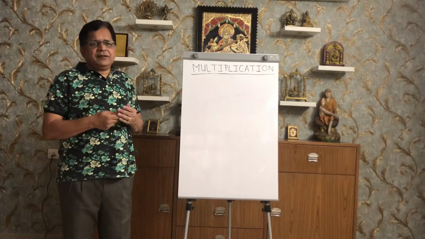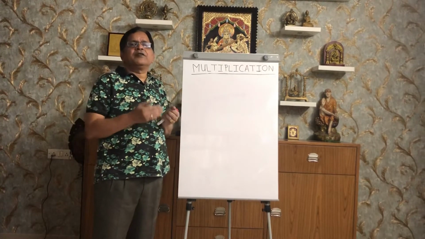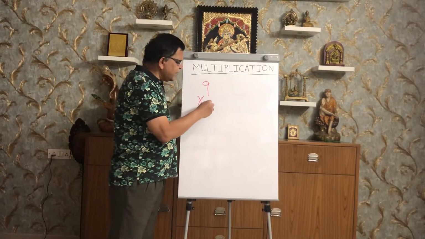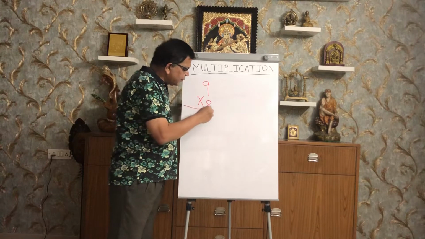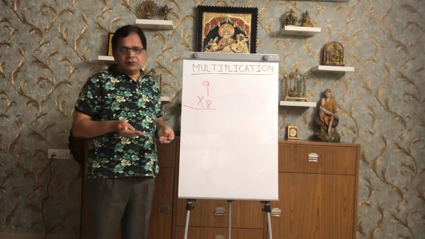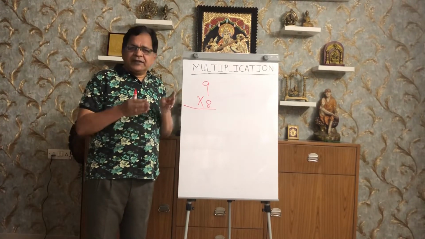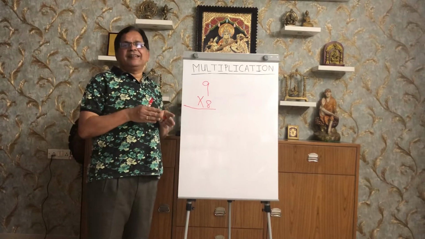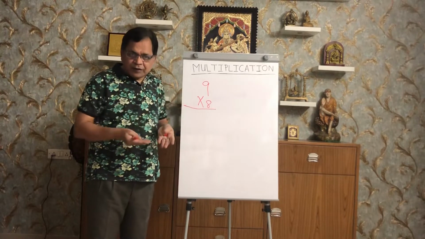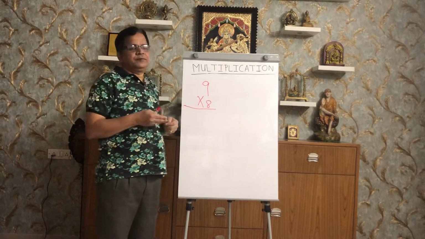Now to start with, let me first explain how I multiply two numbers which are single digit. So I will take 9 times 8. Now 9 times 8, everyone is aware that the answer is 72. You may be wondering, why is it that I am teaching 9 times 8? The idea here is basically to tell you the methodology which I will be using, which will be similar to the one which I am explaining now.